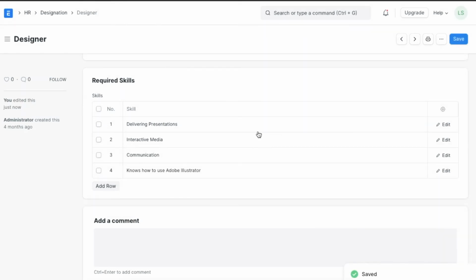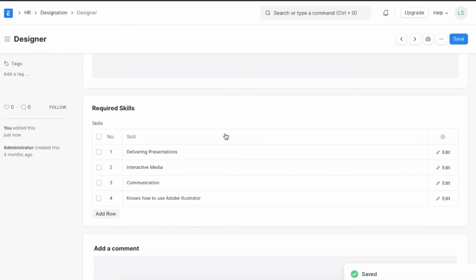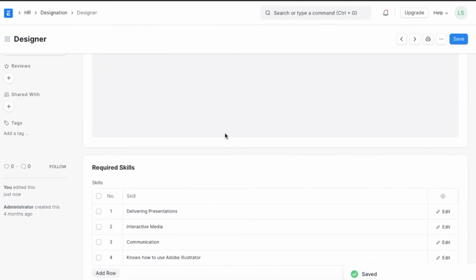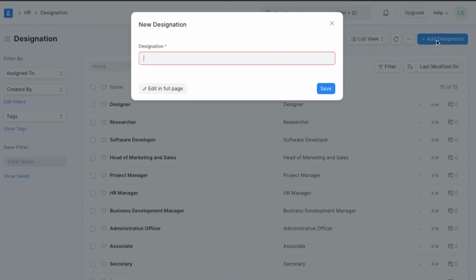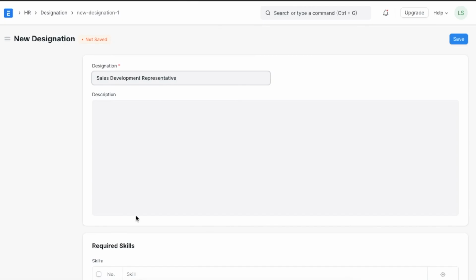These skills will act as a checklist for anyone who needs to refer to it. If we want to create a new designation altogether, we can go back to the designation list and do it here in Add Designation. We can then name the designation and add any required skill sets.